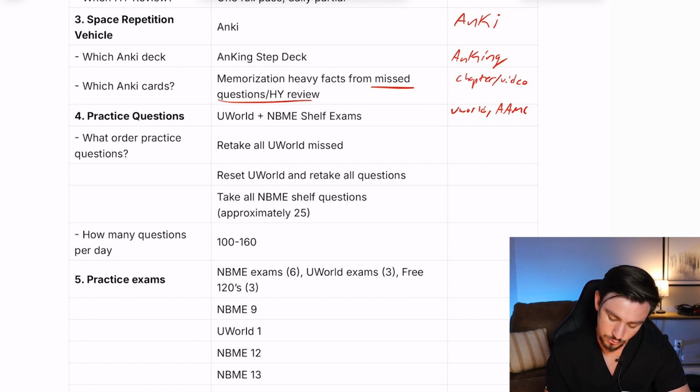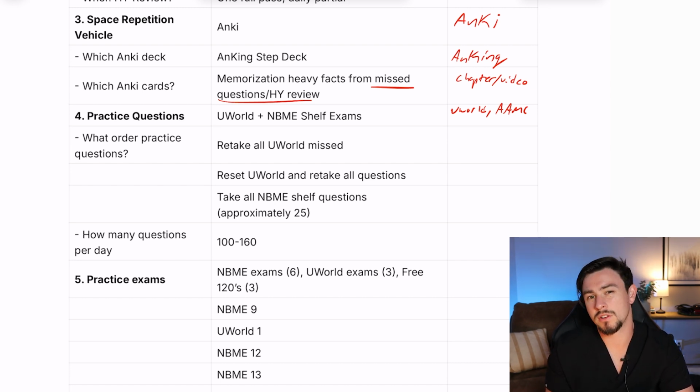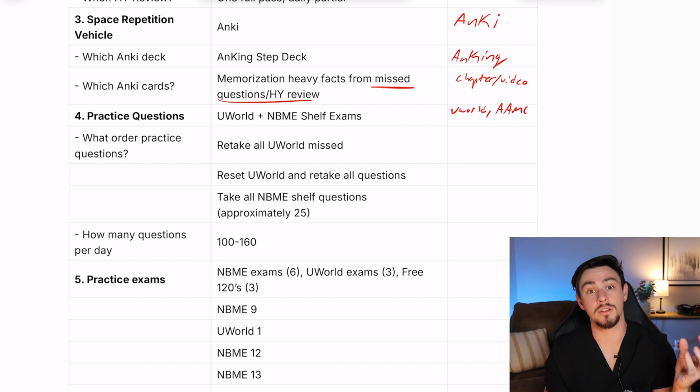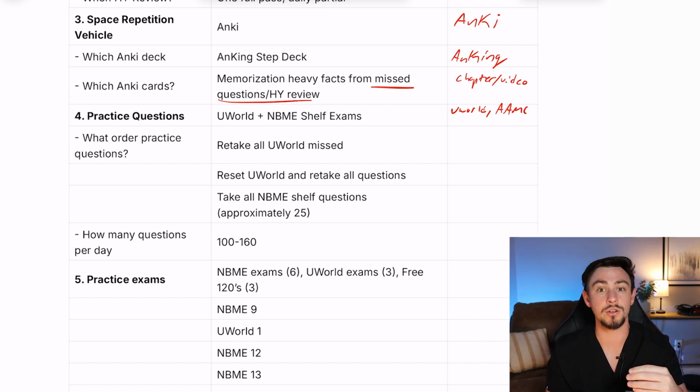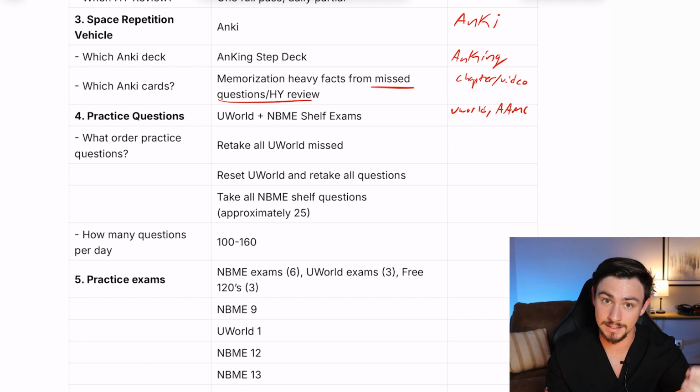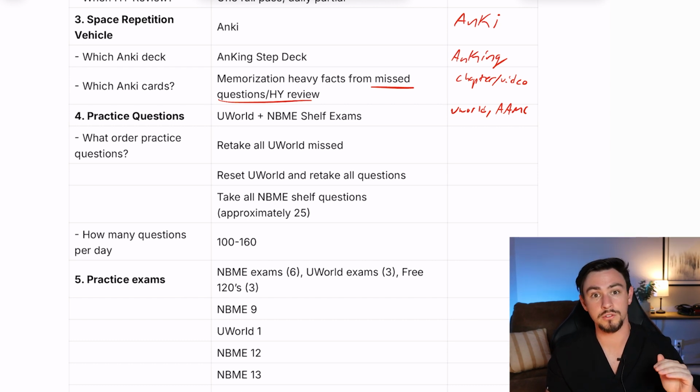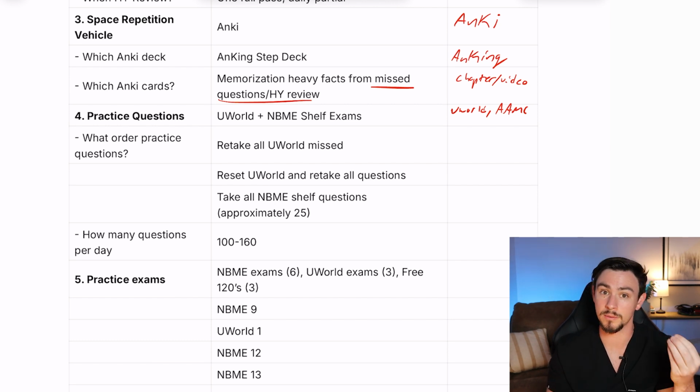The AAMC, which is who writes the MCAT, has question packs, which I think are excellent resources. Also, there are plenty of third-party companies that have great resources. Princeton Review has a book that's pretty helpful, but regardless, you just need to get some reps so that you can learn the low yield concepts after you've reviewed all the high yield concepts, and get some practice applying the high yield concepts. Practice questions are going to be the most important part of your prep, and putting in all the effort you can into taking those questions and reviewing them is